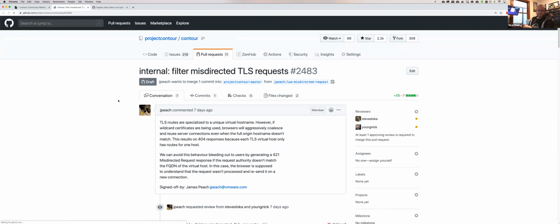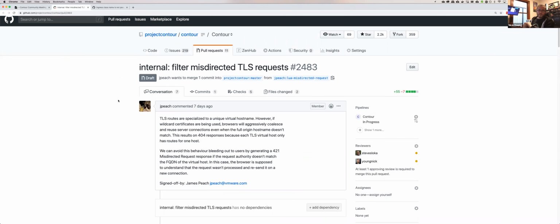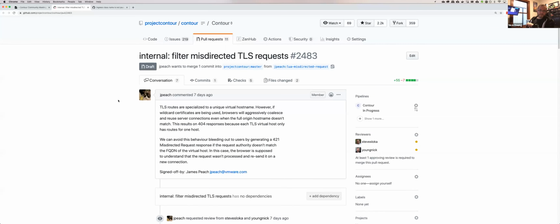James, I couldn't find which issue, if there was an issue associated with this in the 10 minutes I spent just before this. Yeah, the issue I think is actually a pretty old one. I can dig it up and attach it, but it's something that's been around since TLS pass-through days. Yeah. Could you just talk through it a little bit and how this fixes it? Sure. So I think the underlying